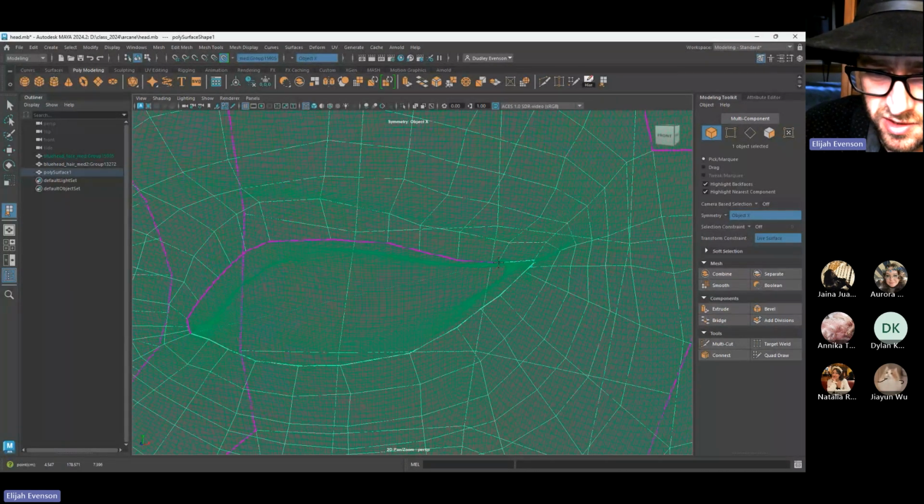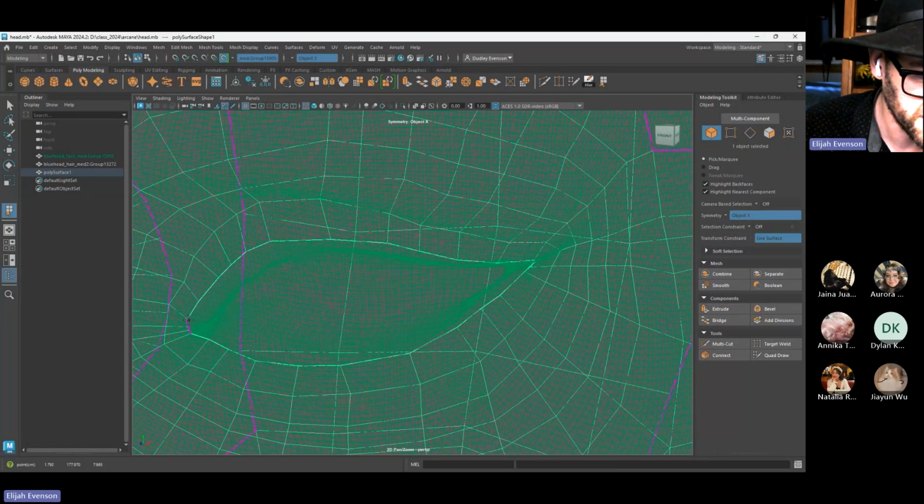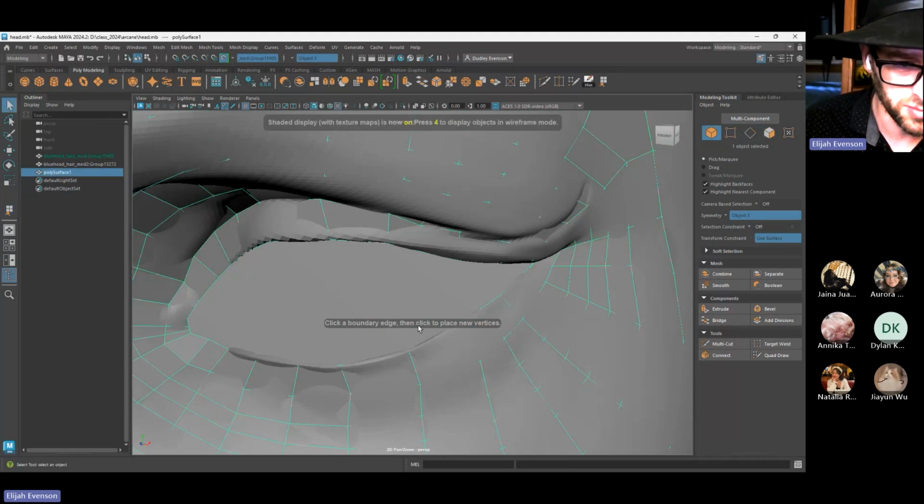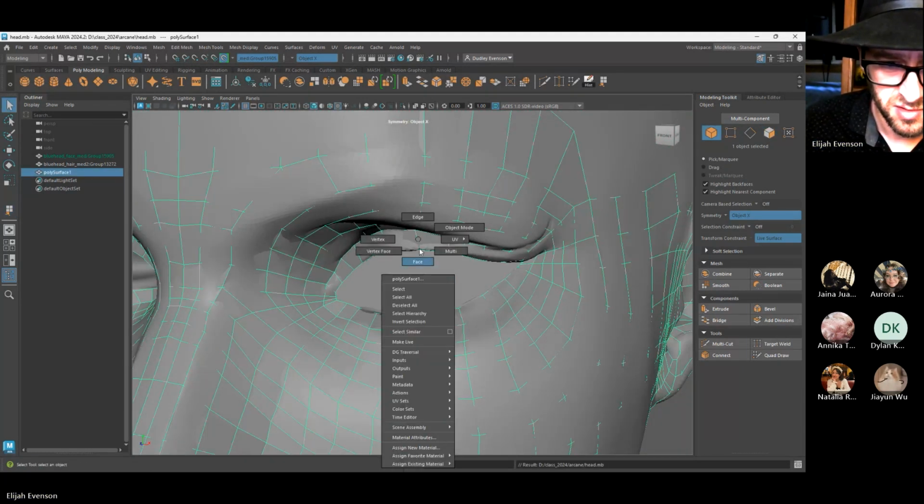I don't want a hole in the eye hole because you'll see through the model. But if you go all the way around, click, I think it's counterclockwise, click everywhere until the pink is gone, and then hit Y. It'll be one single poly,